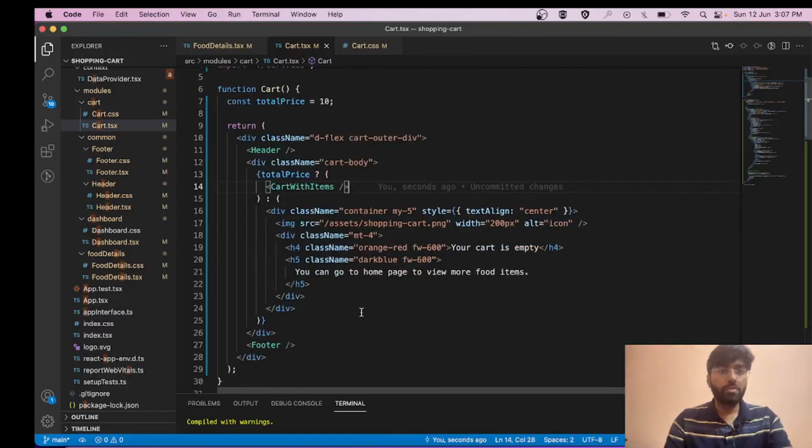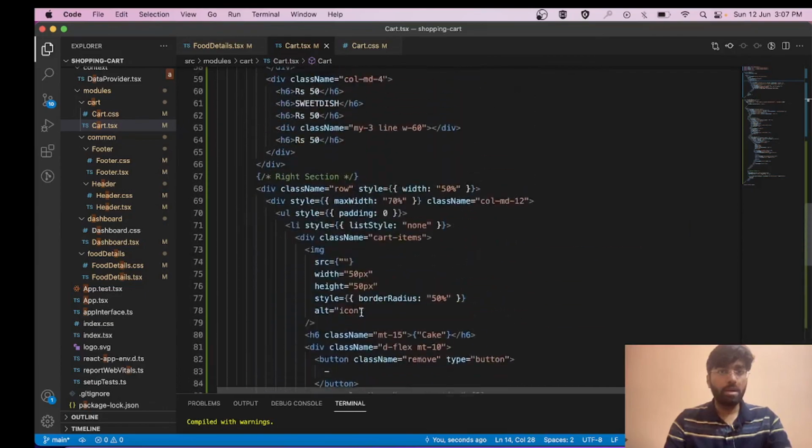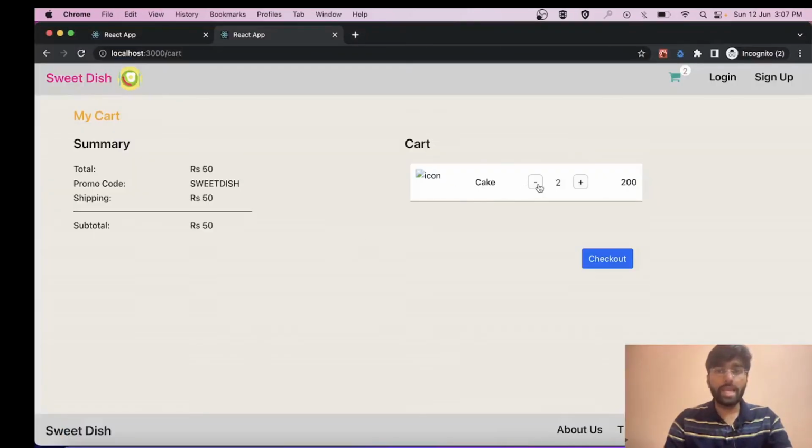Okay, so friends, I guess this is it with the UI of the cart item. Most probably in the next video we are going to code the cart logic, basically how you can add items and how you can remove items on these button clicks. And we are going to make this entire UI dynamic. Okay, and thank you for watching.